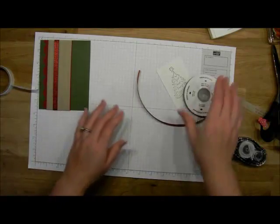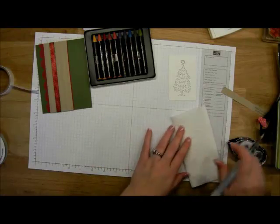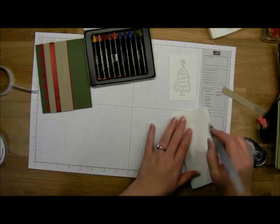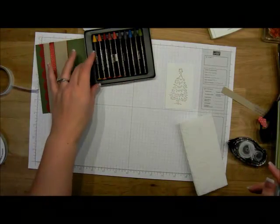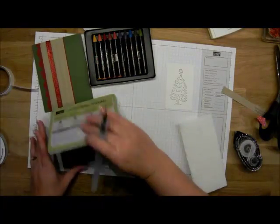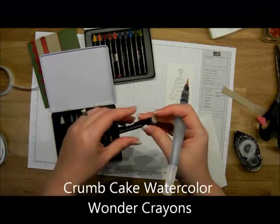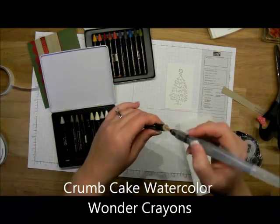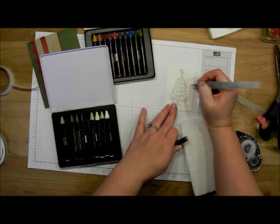Okay, so now we are ready to do some watercoloring. So I'm going to be using my favorite watercolor medium, and that is going to be the watercolor crayon. So that's why I did it on watercolor paper. So I'm going to start though with my neutrals. And I'm going to go with the crumb cake, and I'm going to pick up color off the bottom. And the first thing that I'm going to do is do my shading. So I'm going to go all the way around